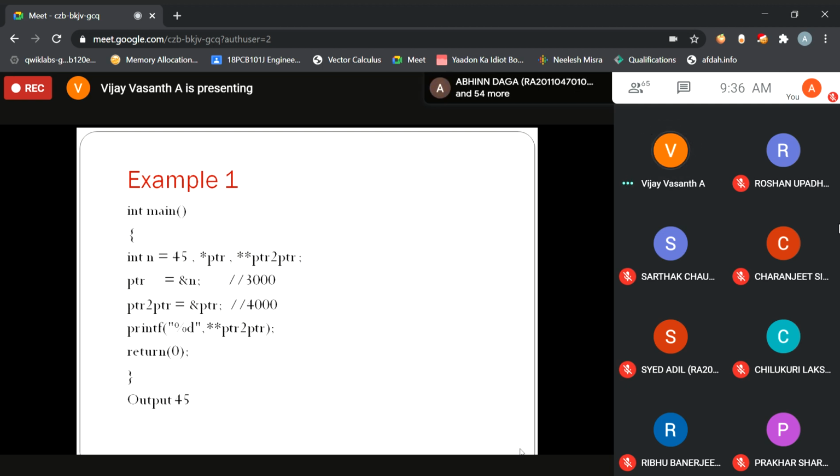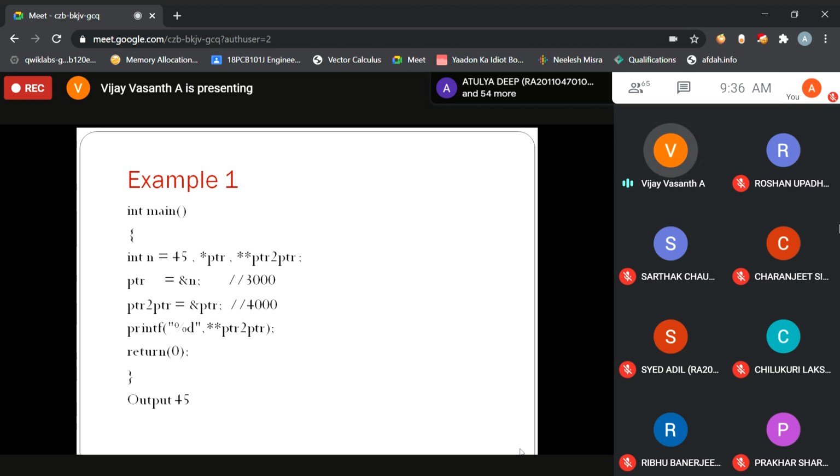Initially we will be declaring the variable n, a pointer and a double pointer. As usual, I am allocating the variable n with an address. What is the address of n here? The address of n is 3000.